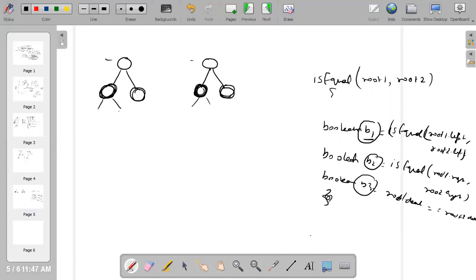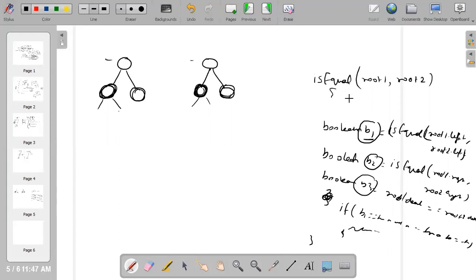After that you can write as hypothesis or as induction. If b1 is equal to true and b2 is equal to true and b3 is equal to true, then return true, right?